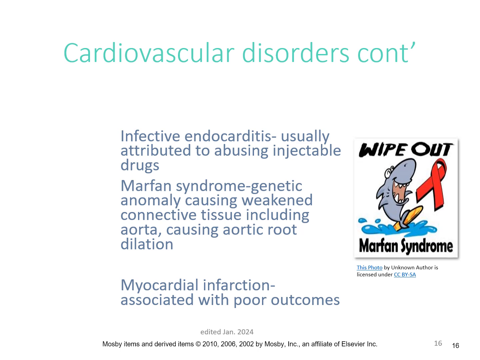Marfan syndrome is a genetic anomaly that is a connective tissue disease. But that connective tissue disease causes problems with the aorta itself and usually causes ballooning and aneurysms. And so those patients may have to have surgery to repair those aneurysms.